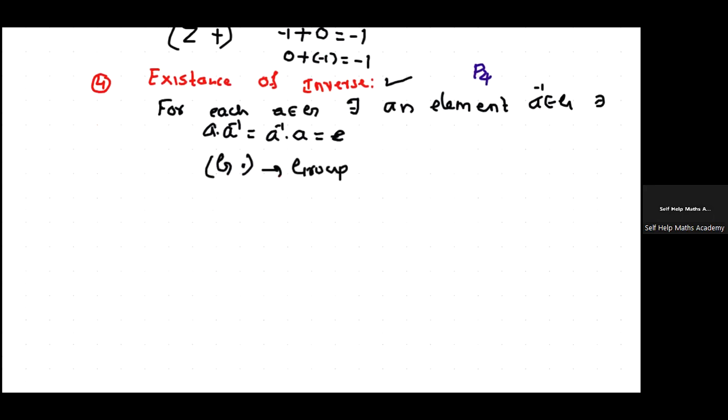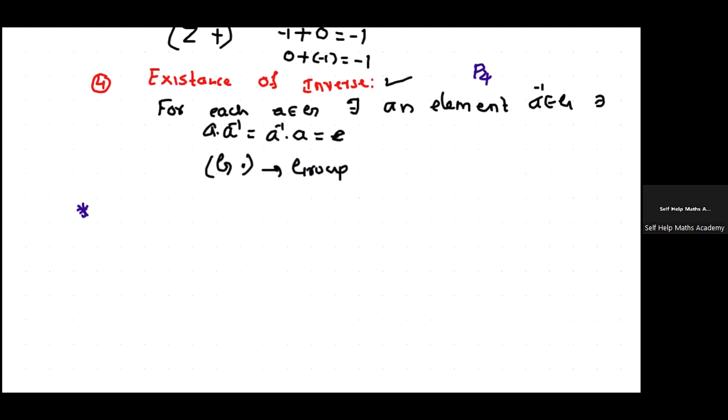Now, the next important question: does every non-empty set with a binary operation satisfy all these four properties, or is there any non-empty set which is left with only a few properties? If so, how do we deal with them, and what is exactly the name for them? Let's see. There are other algebraic systems which satisfy some of the postulates but not all. So if I take them, for example,